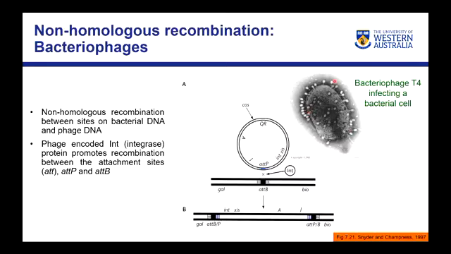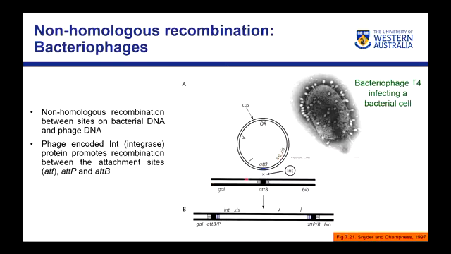So I've got this lovely EM. You know, I do like showing you EMs. I think they're pretty cool. So here you've got E. coli, and you see this T4 bacteriophages in the white attaching itself, attacking the bacteria all the way around it. So, the bacteriophage T4 has sites known as attachment sites. And it has an integrase, and this integrase is a protein that promotes its recombination into specific attachment